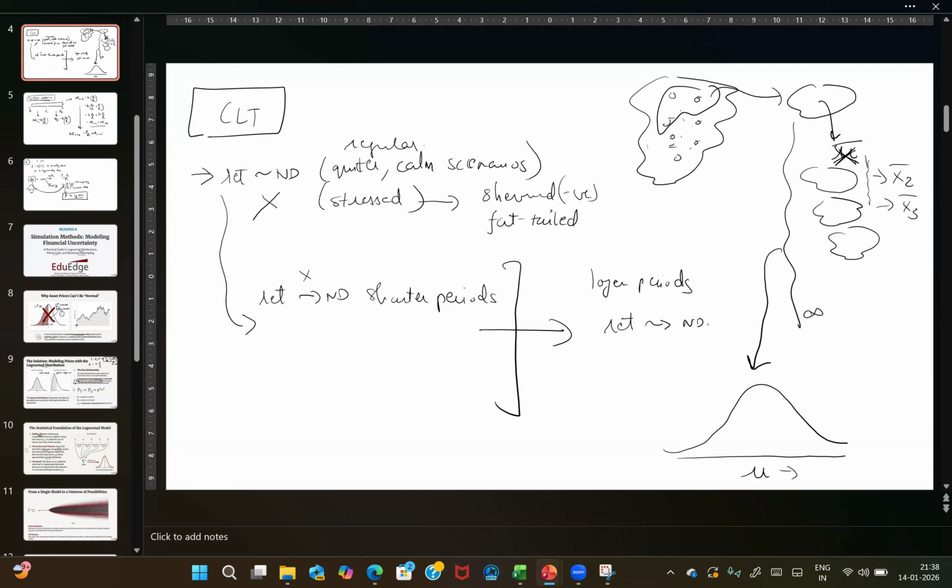So the sampling mean tends towards a normal distribution if the number of samples tends towards infinity or is very large. We keep repeating this experiment, and ultimately we are going to get a normal distribution. So even if we start with a non-normal distribution, we could end up getting a normal distribution on the